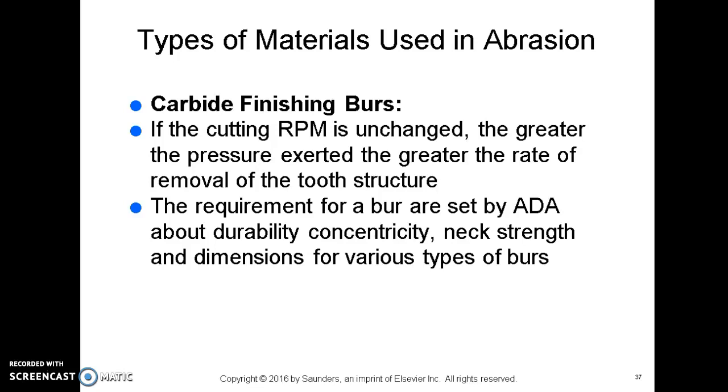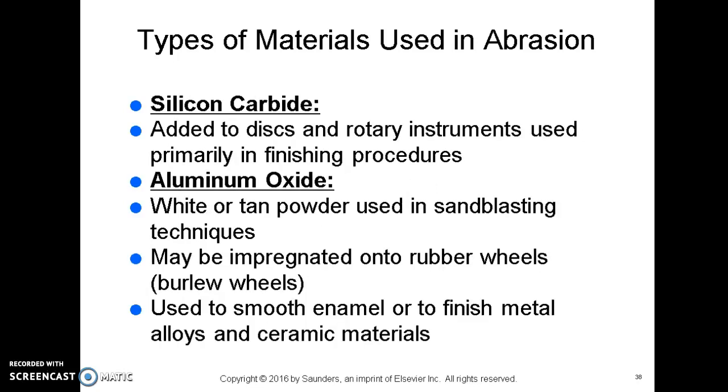But when we're talking about carbide finishing burrs, the requirements for a burr, which are set by the ADA, take into account its durability, concentricity, so how well it spins in a 360-degree circle, the neck strength of the burr, and the dimensions of various types of burrs, all set by the American Dental Association. A silicon carbide is added to discs and rotary instruments, which are used primarily in the